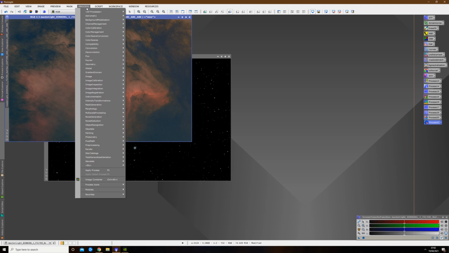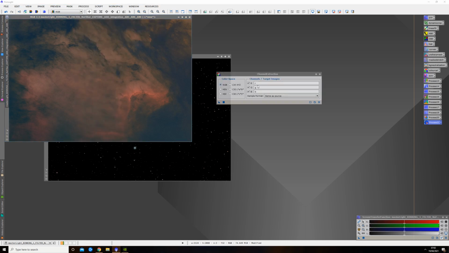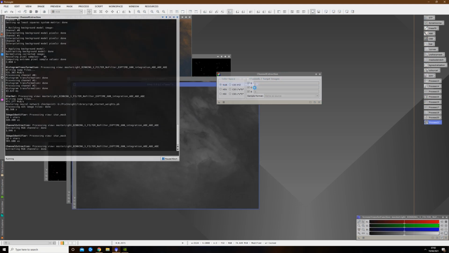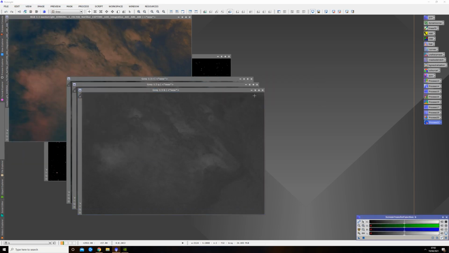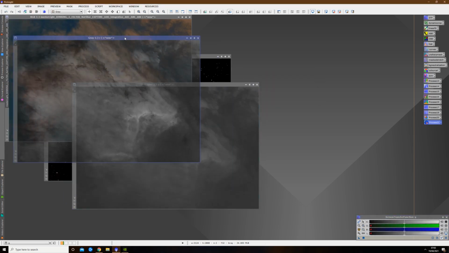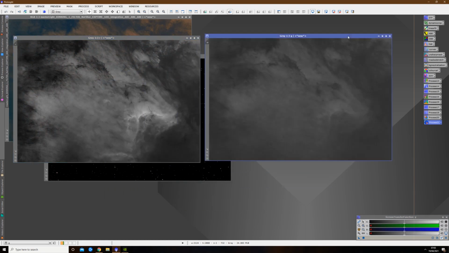I'm going to open processors, channel management, and channel extraction. As you can see, I've already got an input here. I'm going to extract R, G, and B, and it's all in the RGB color space. I'm going to throw away the blue channel and keep just red and green, because I'm actually going to make a third channel. So you'll notice immediately that the red channel is quite a lot more luminous and strong than